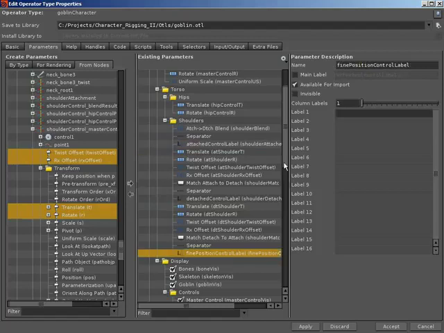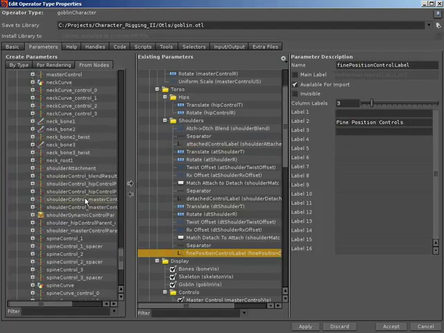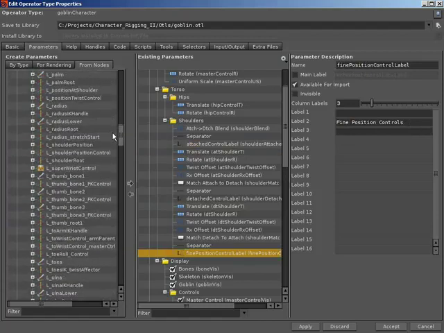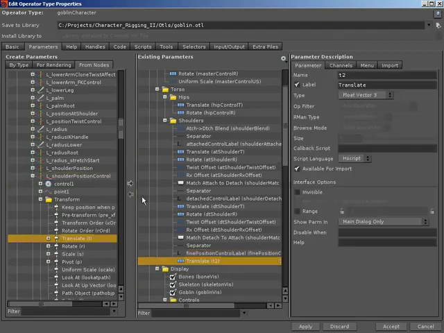Then we can jump back down to our fine position control label, and we're going to have fine position, and since we actually have two controls here, fine position controls, and that should have been an S, not a 2. There we go, fine position controls. So let's hunt down those fine position controls. We have the L underscore and R underscore shoulder position control. So there's L underscore shoulder position control, promote up its translates, and give that the name of left shoulder position, or even just left shoulder T would work fantastically. And I'm going to rename that to left